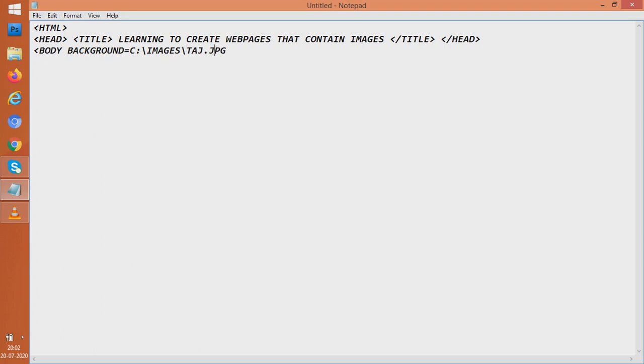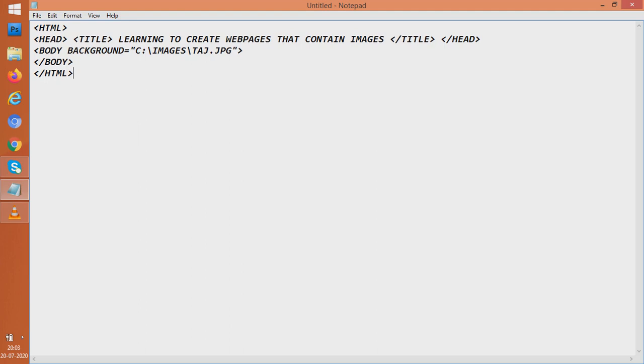So we will have to give the total path of where this photograph taj.jpg actually is. As we saw, taj.jpg was in C drive's images folder, so we have given the total path. And we do nothing else, we close the body tag, and we close the HTML tag.